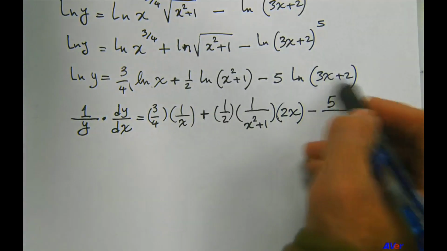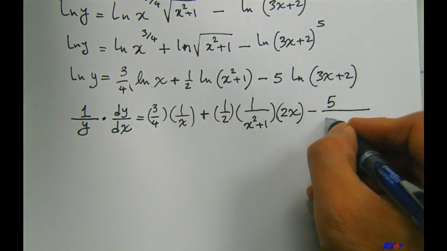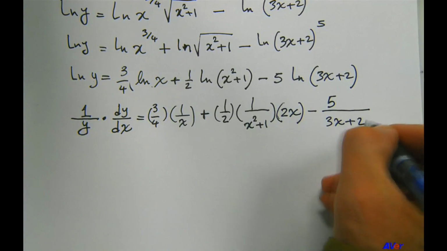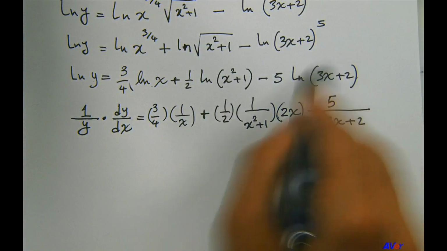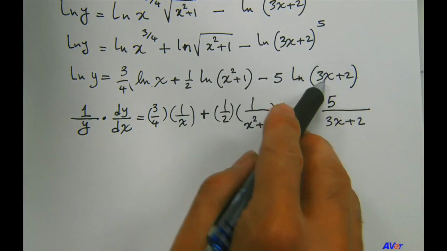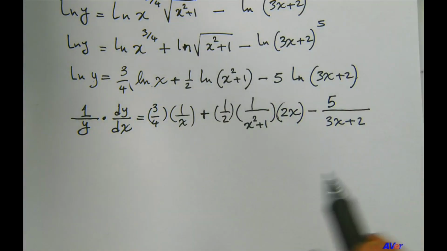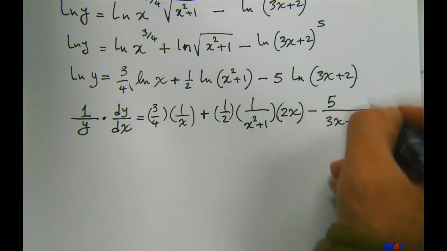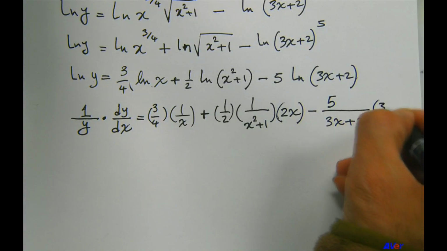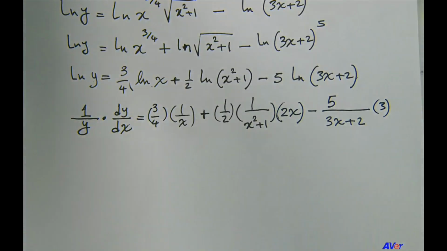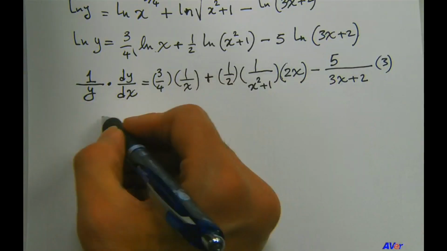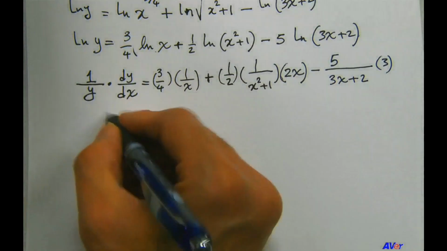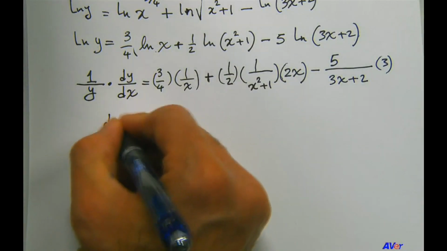times 1 over 3x plus 2, or minus 5 over 3x plus 2. Of course, this expression is a function of x, so we have to use the chain rule, times 3, right? Times 3. Okay, so let's simplify this one a little more. So we have dy on the left. We have dy over dx